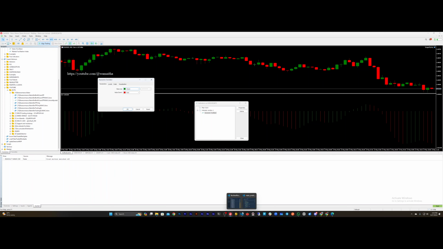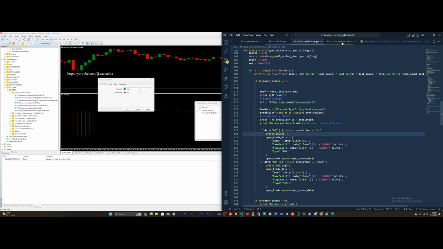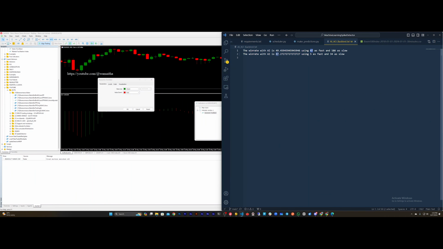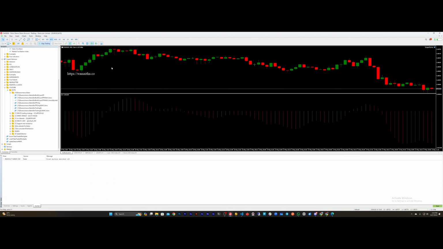It doesn't have the ability to let you use, let's say, 47 and 106. So I tried to make it work with the given MQL5 code that's coming from the